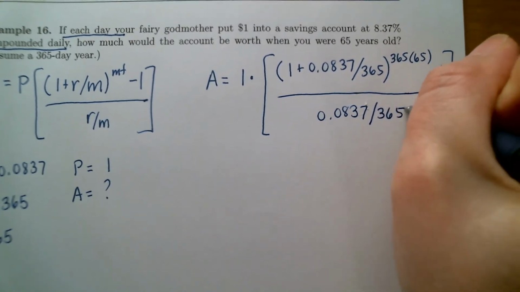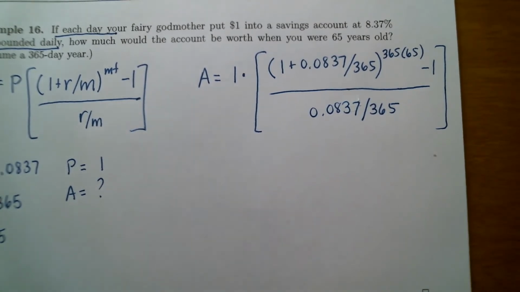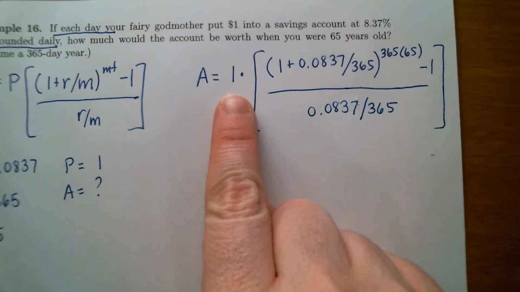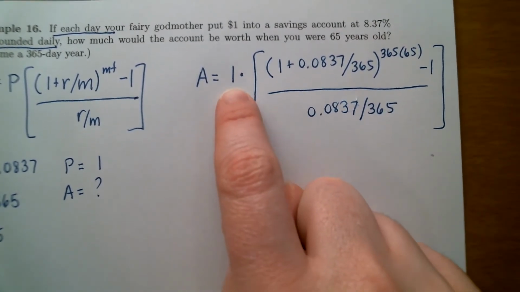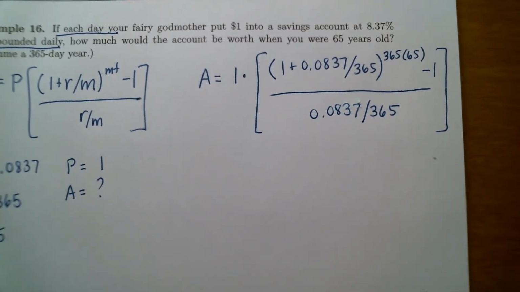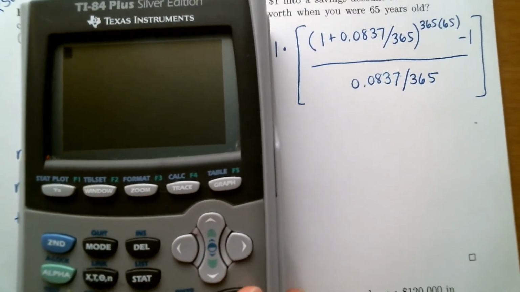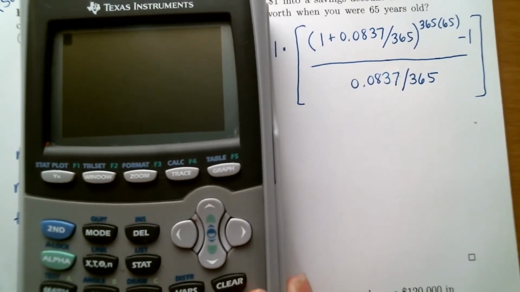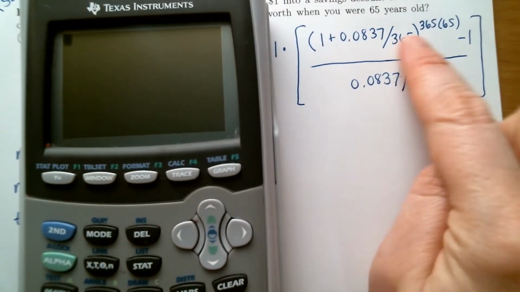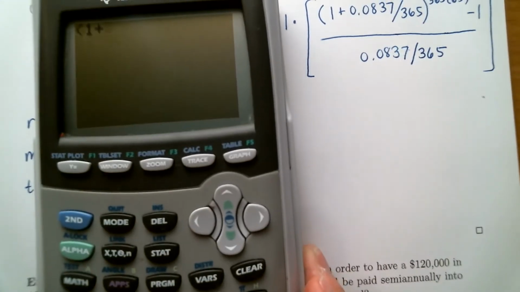Luckily we are solving for A, because that's the simplest variable to solve for when using this formula. Essentially we just have to type everything in, and it's even better because everything in brackets is multiplied by 1, so we can just ignore this and calculate what's inside the brackets, because anything times 1 is itself. So let's plug and chug. When you're plugging this in, you're going to start in the numerator because it's more complicated than the denominator. Just type in exactly what you see. You're going to have open parentheses, 1 plus,